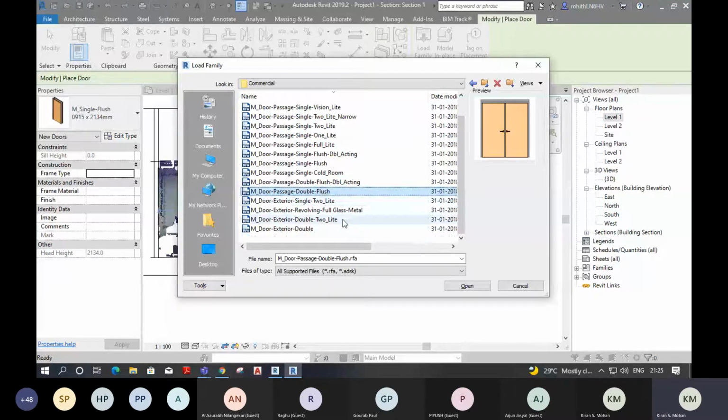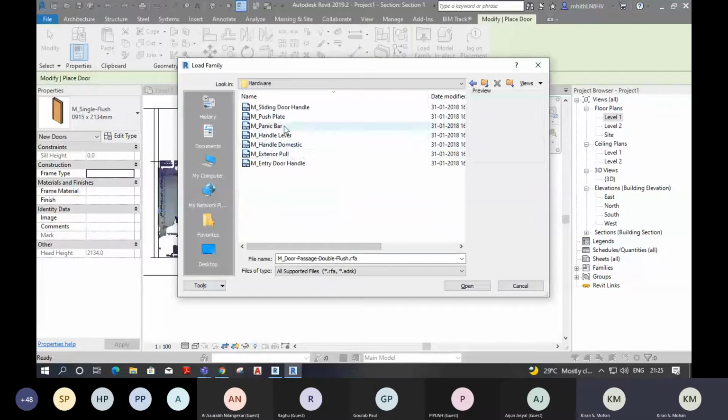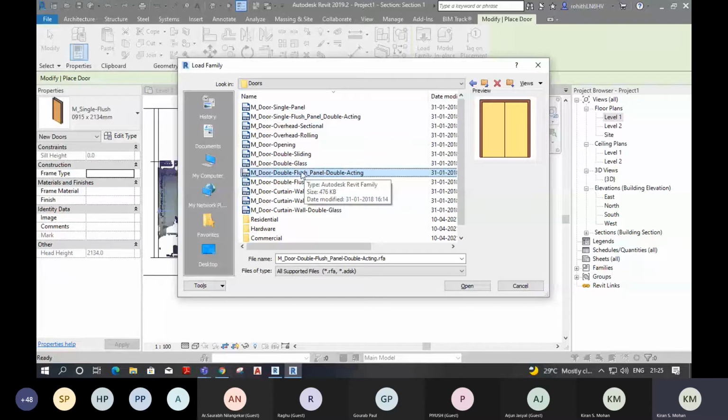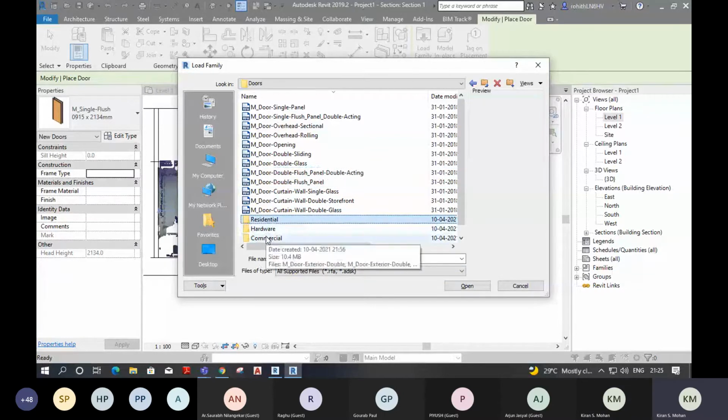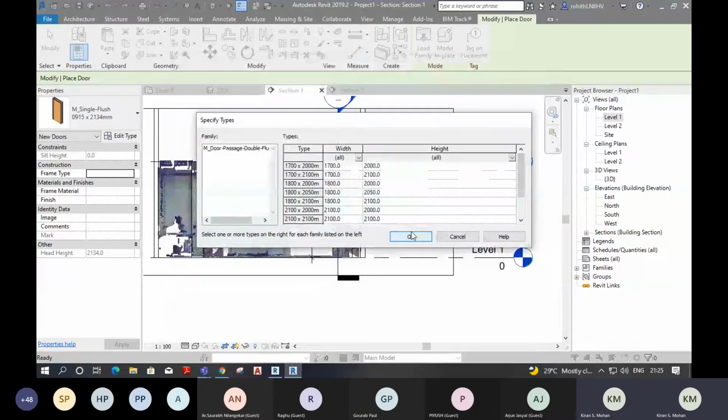Okay, we can select, one second, I'm looking for steel doors. Single, double flush. Okay, let it be a double flush normal door. If the family is not available, then you have to load the family or you have to make the family. So here we can see the dimensions. I need 2400 by 2000, which is available. Okay, we can select this one. Okay, these are my options. Click on OK.